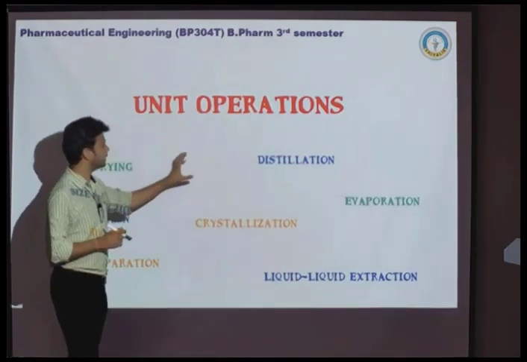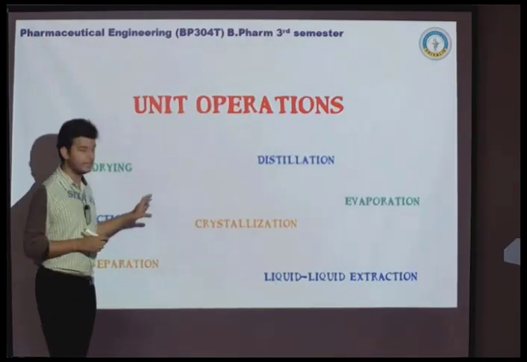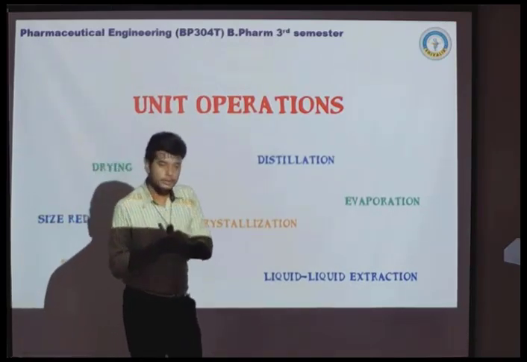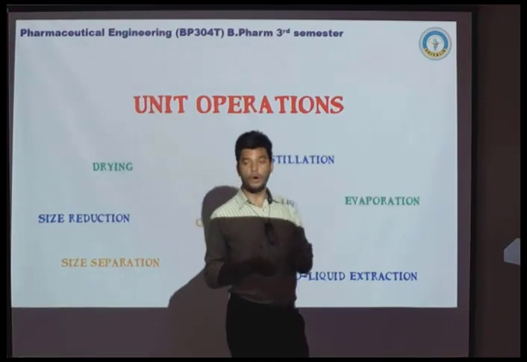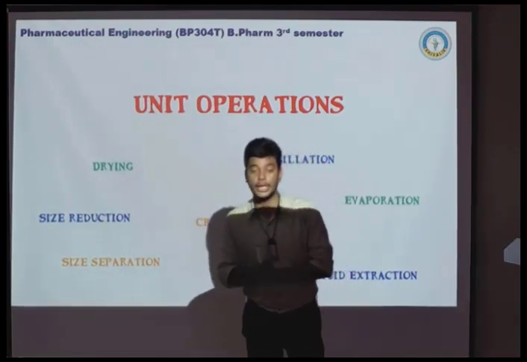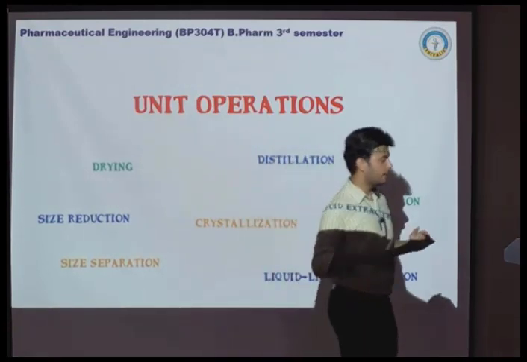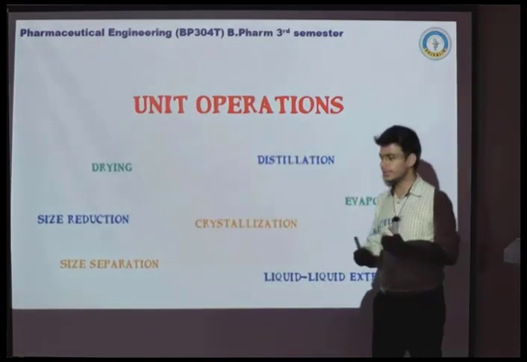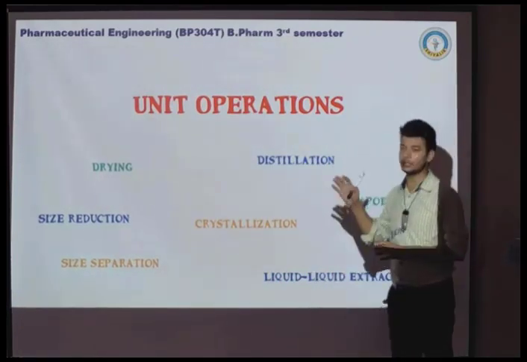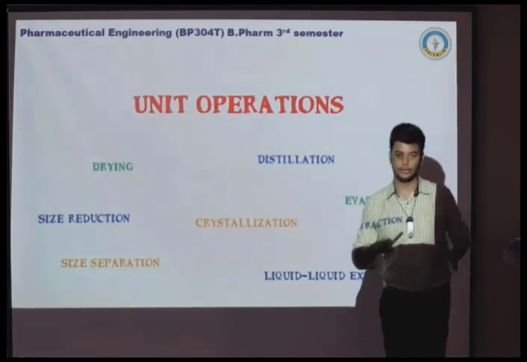If all these small steps are used in a pharmaceutical process, that is known as a unit process. A unit process is made up of several unit operations, the small steps that are known as unit operations. In detail, we will be discussing all these things when our regular classes start. It is a general orientation, or the general introduction to the subject only.